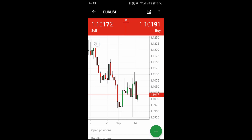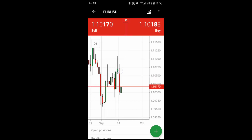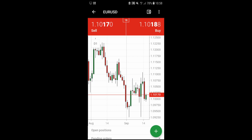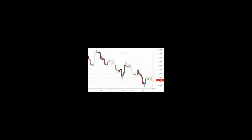We can select D1, and this will give us options such as minute charts, 5-minute charts, 15-minute charts, 4-hour charts, and so on. And we can scroll left and right on the charts. We can zoom in and out as well. For more chart functionality, you need to turn your mobile to landscape version, and then this will open up more functionality for the chart, so we can start looking at